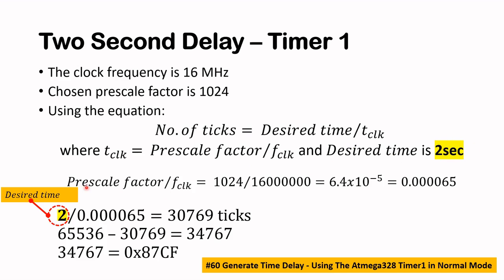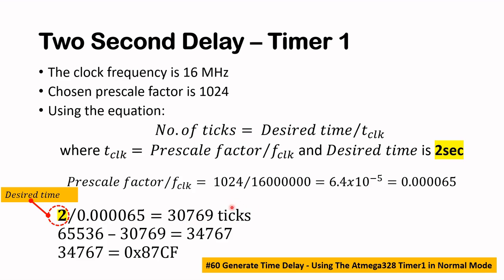I have a prescale factor of 1024 divided by 16 megahertz, and that will give me 0.0065. If I take 2 and divide it by 0.00065, that would give me